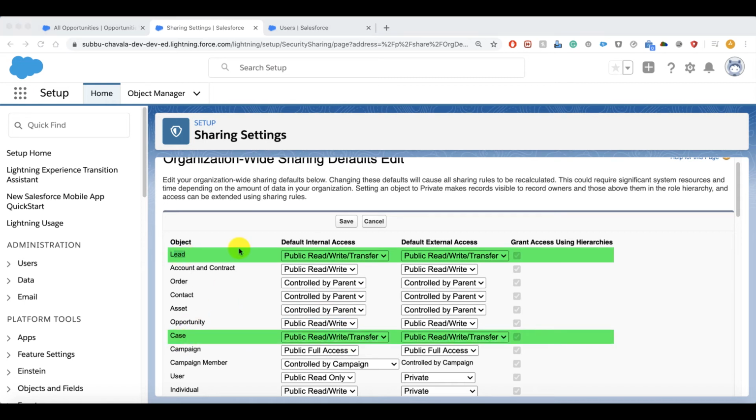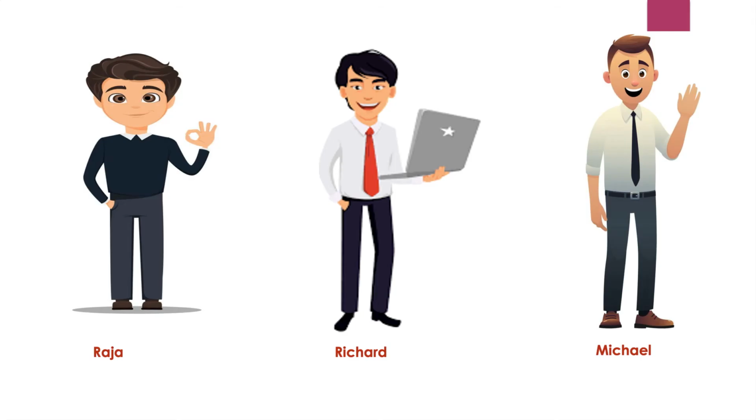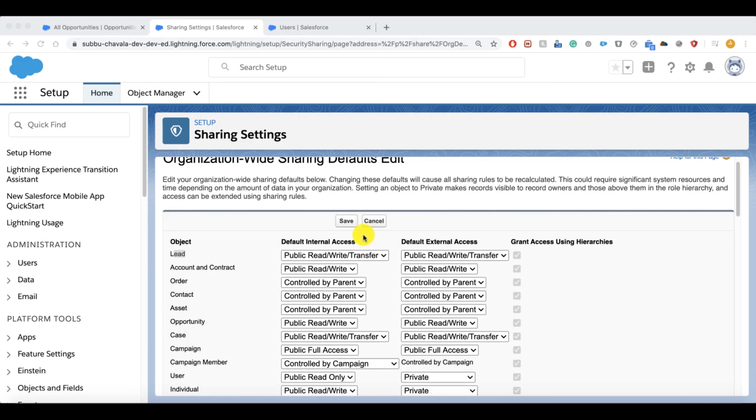So go back to the slide so that I can show you an example. Let's say Raja created a lead, but by request of Richard, Richard hasn't met his target. So Raja decided to transfer his lead to Richard. For that, he can simply change the option to public read write transfer in organization by default. Then just go to the lead object and select one of his leads. There, if we change the lead owner to Richard, then onwards Richard can work on that lead. I think you understood public read write transfer and when we use that.